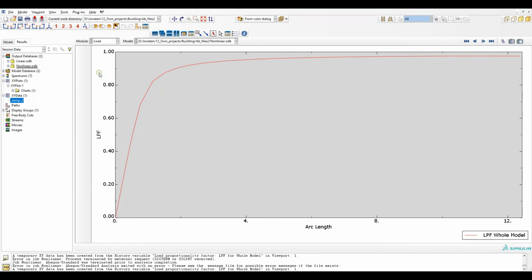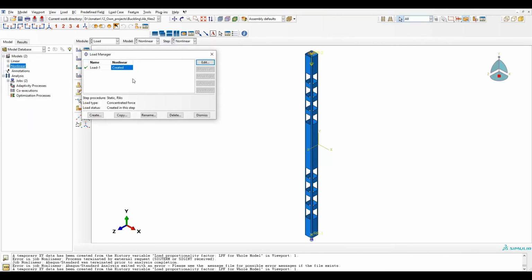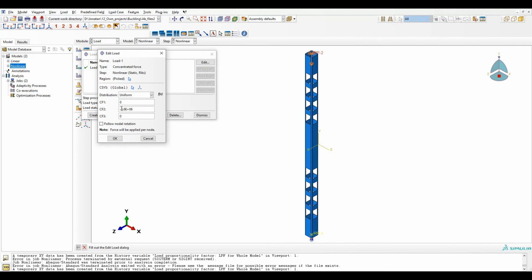Let's go to load. So this is the value of the linear.